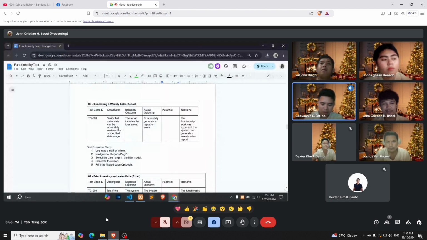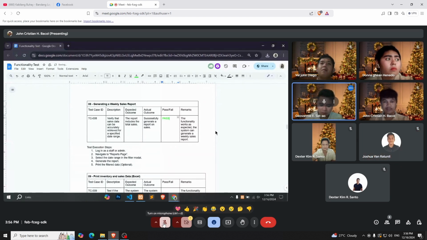So the actual outcome: successfully generated a report on sales. So it will be pass. So remarks: the functionality works as expected. The system can generate a weekly sales report.